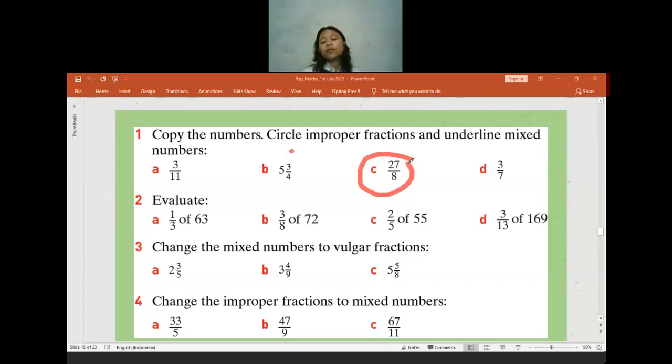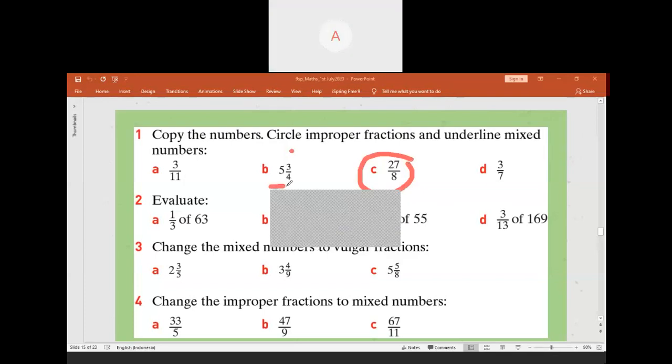Yes, it's different from your textbook. It's from the old textbook, the last year textbook. Yeah. Anyone want to help me? Which one do I have to underline? P. Underline. Okay. Is there anyone confused? No. Okay. We only have like 5 minutes left. Is there anyone having difficulties so far? No. Okay.